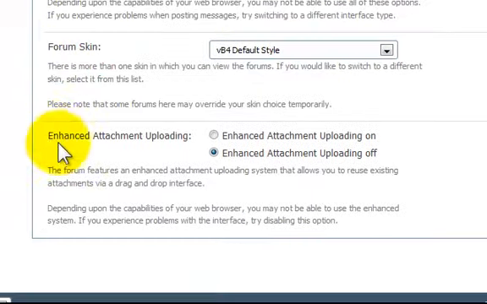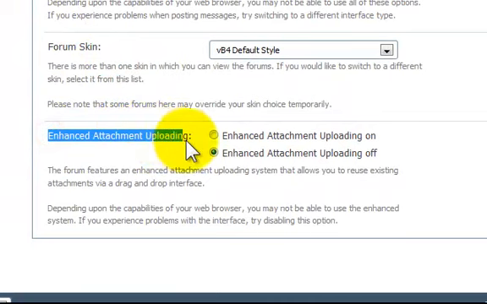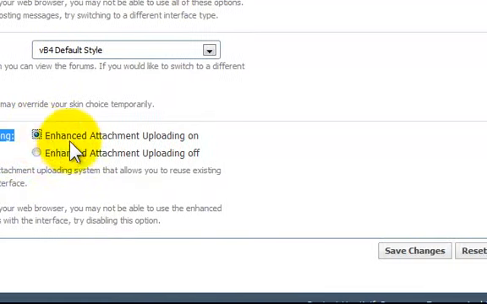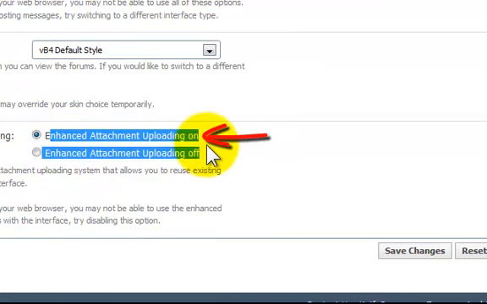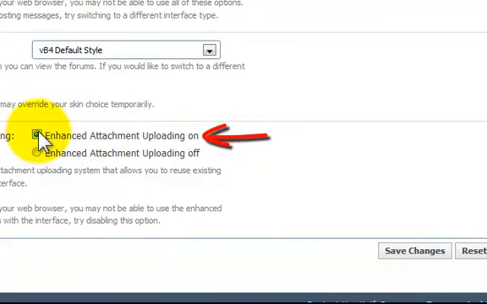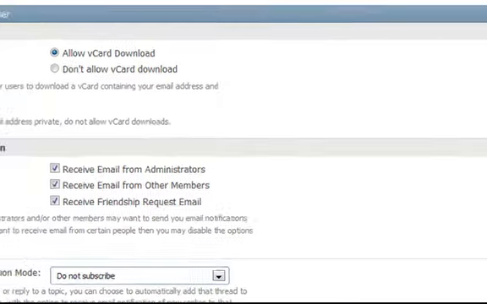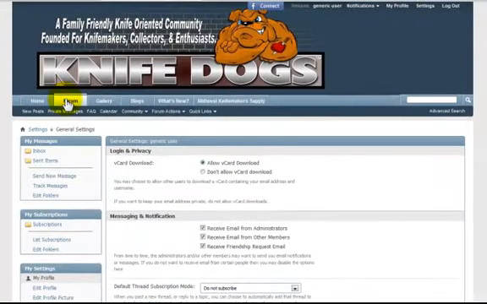And then we're going to go down here and where it says Enhanced Attachment Uploading, I'm going to have you check that to on. Okay, so now that we've got that on, we save the changes. And that will update. Now let's go back to the form,